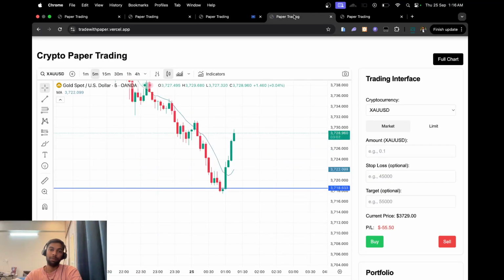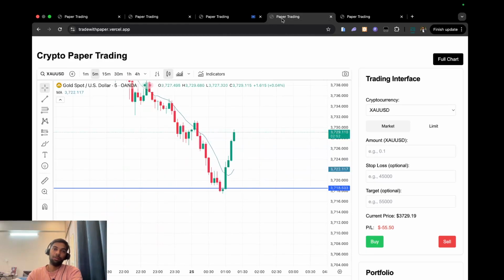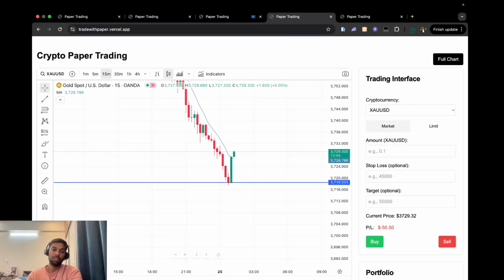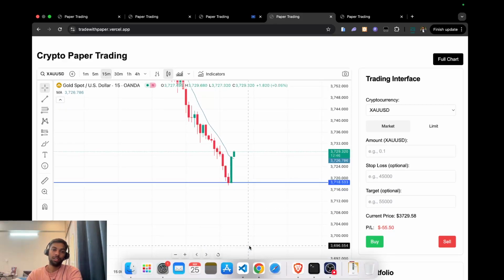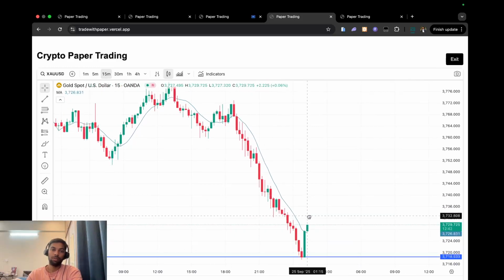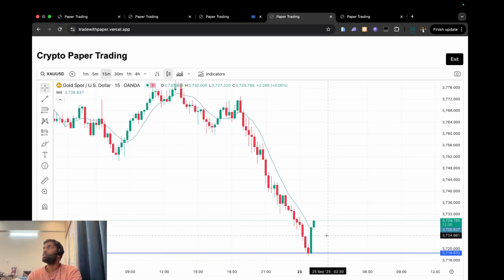What is happening at the pip? Okay, so it is quite bullish, guys. As soon as we entered, gold is quite bullish right now. So at 15 minutes, you can see there is a proper reversal, guys. Okay, once again, let us do the full chart view. So you can see that there is a bearish move, and then this is a trap system going on.